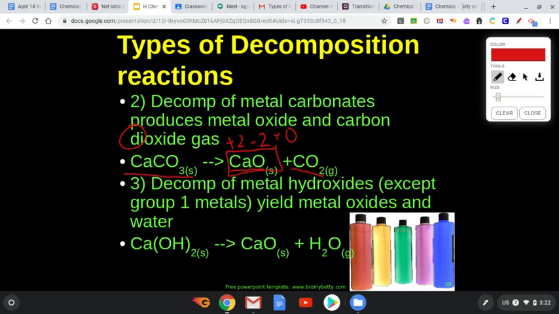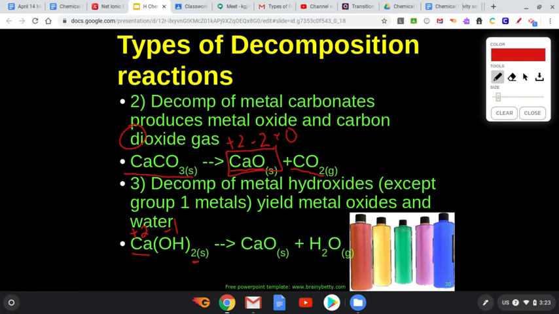In the next example, we have the decomposition of metal hydroxides. All except for group 1 metal hydroxides will give you a metal oxide and water. So calcium is the example that we use in this case also. In this case, we have 2 hydroxides because calcium has a +2 charge and hydroxide has a -1 charge. So 2